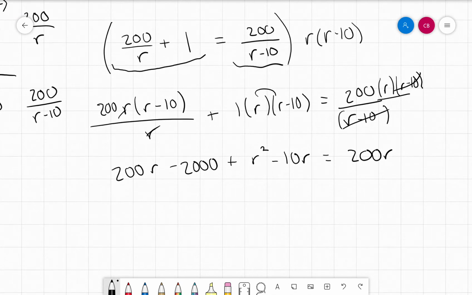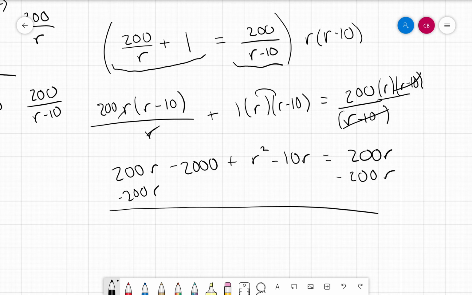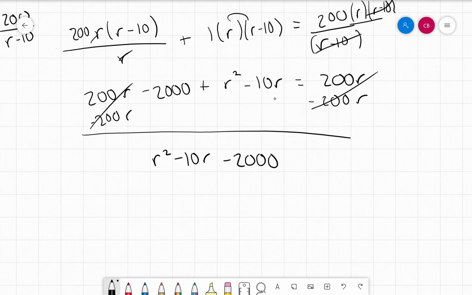Okay, we're going to subtract the 200r. This gives the following. This gives us r squared minus 10r minus 2000 is equal to 0,